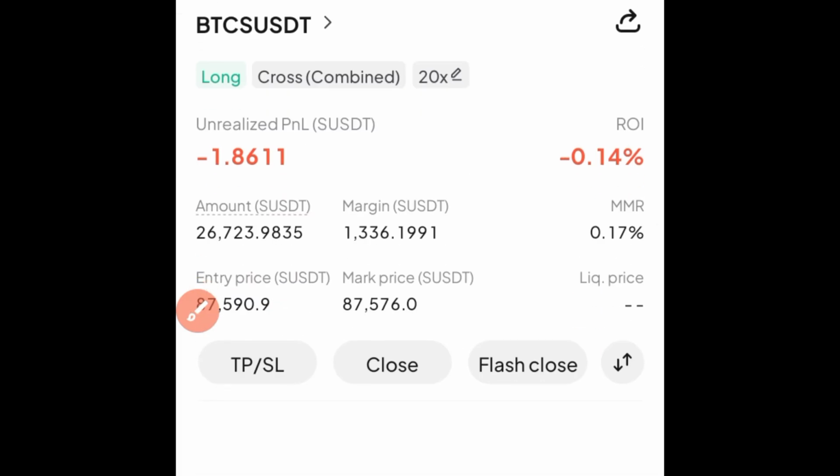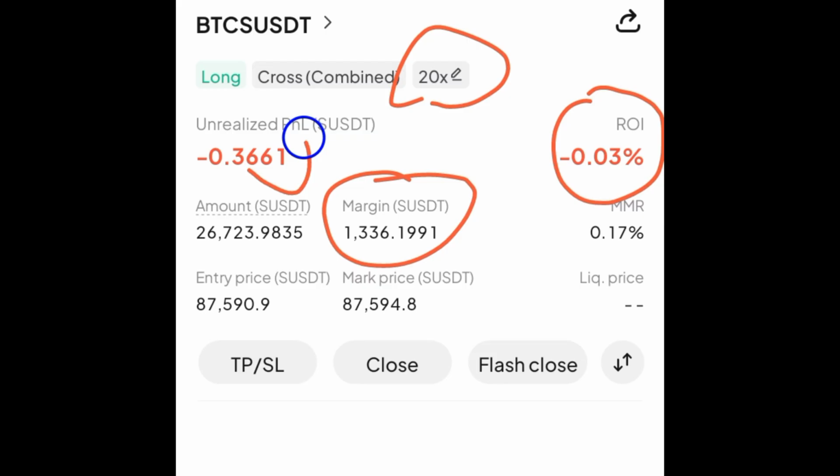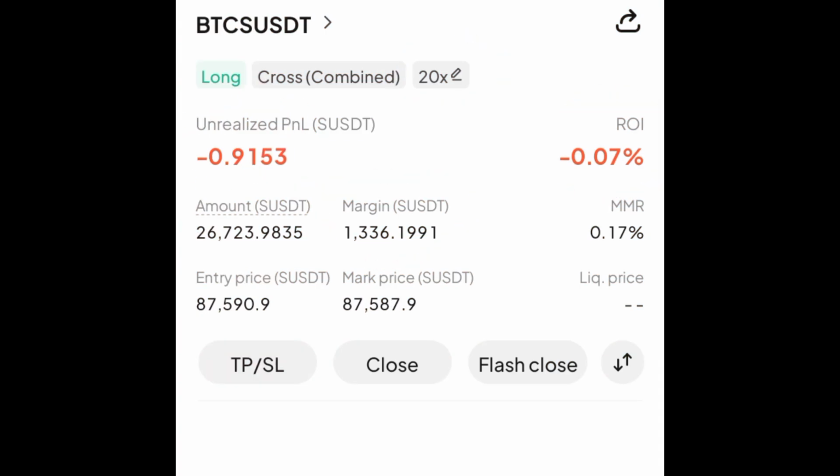So you can see right here with a 20x leverage, I'm risking about 1,300 in this trade. And as the market continues to go, you'll be seeing the profit change right here. So now that I've placed a trade with that setting, stop loss and TP, if I want to do that